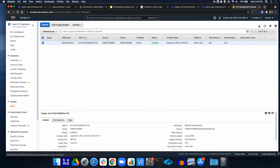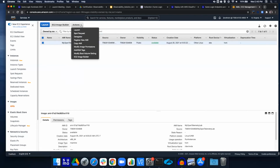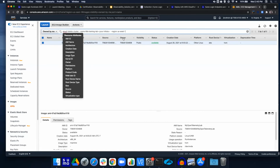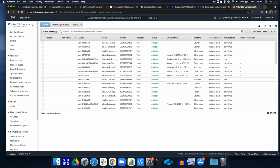I'm going into the AMIs. I'm going to look for public images. So using this pull down, I'm going to select public images because we have a public image that you can utilize. And you should see that located in the lab based on which